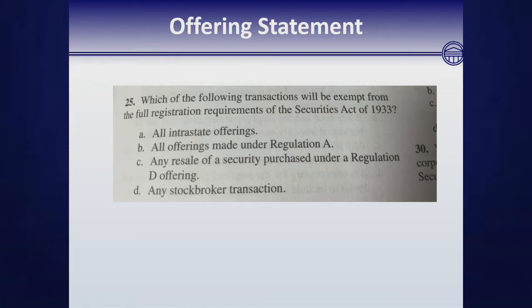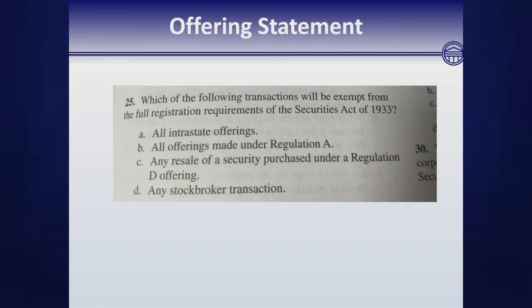Offering statement. So which of the following transactions will be exempt from the full-blown registration requirements of the Securities Act of 1933? And the answer is B, all offerings made under Regulation A. So A is not your answer because all intrastate offerings are not exempt. C also is not your answer because